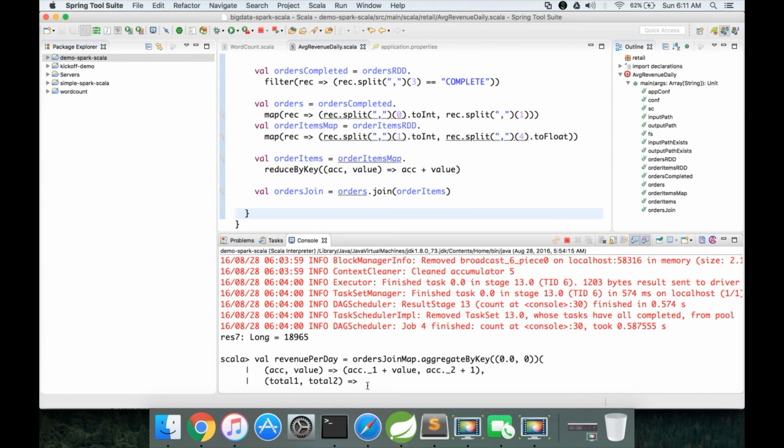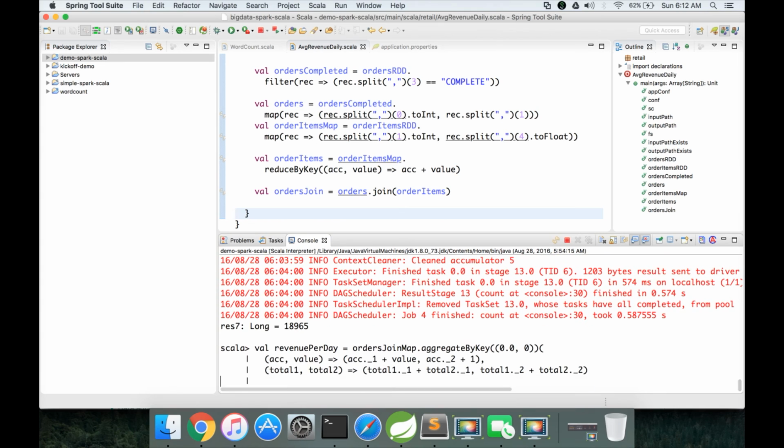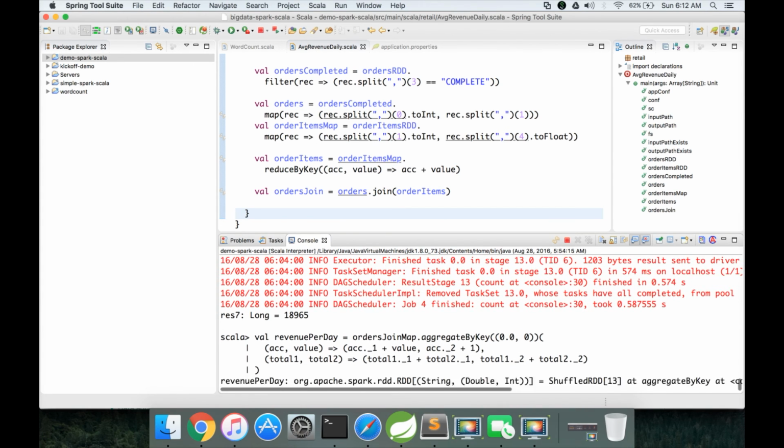Hence, we have to add first element of the first tuple with first element of the second tuple, and then second element of the first tuple with second element of the second tuple. Okay, and then we can close the bracket. We have to close the aggregate by key bracket and hit enter.